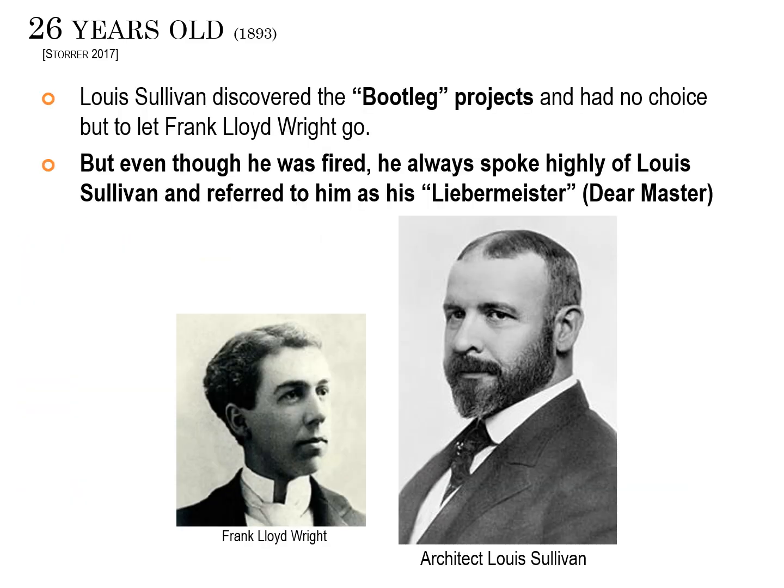Now, Louis Sullivan finds out about these bootleg projects, and he's forced to let Frank Lloyd Wright go. It's argued sometimes that Louis Sullivan must have known about these houses. They were all very close together to his home and studio. However, this is a big firm, and Louis Sullivan has a partner, Adler, and employees, and so they needed to let Frank Lloyd Wright go because of this breach of contract to work just on the firm's clients' houses